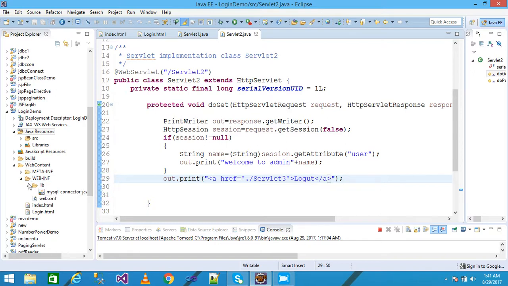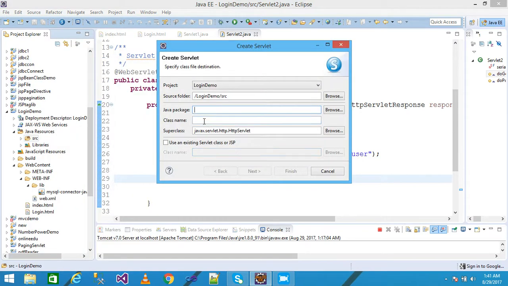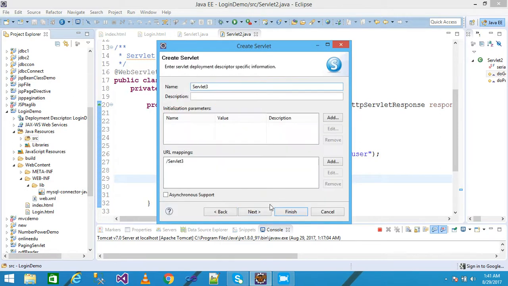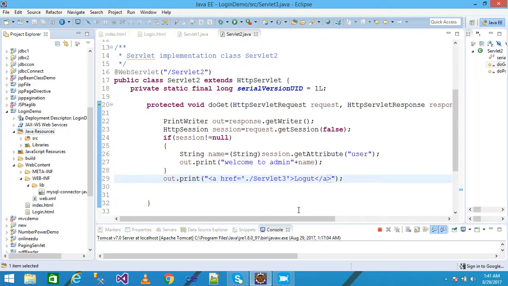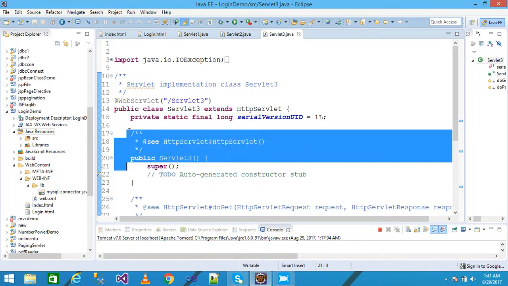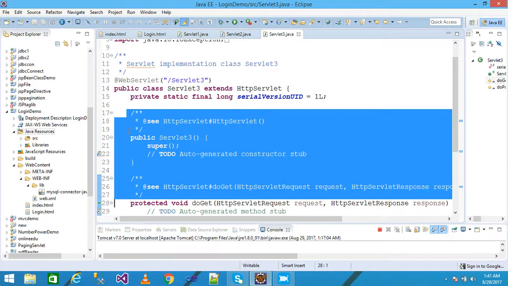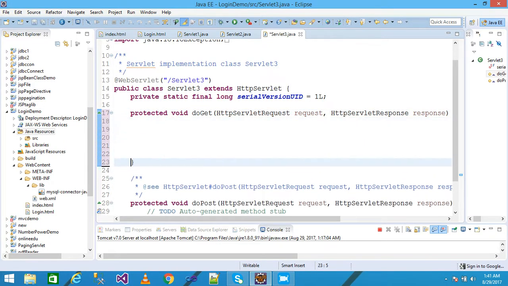I just need to create another servlet as Servlet3, so I click on New and take another servlet and write the servlet name Servlet3 and click on Next and Finish. Okay, my third servlet is created here, and I delete this garbage code and enter here,